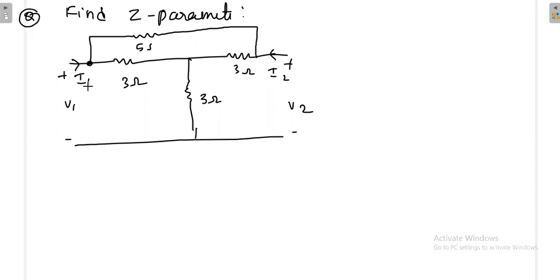Okay, don't put this I1 arrow mark inside, then that will be wrong. Similarly here also, don't put this I2 inside. Okay, because this is network. Outside the network, I am putting I1 and I2. Okay, now if the question is like this, you want to find out Z parameter, what are all the ways possible? Okay, what way we can do?